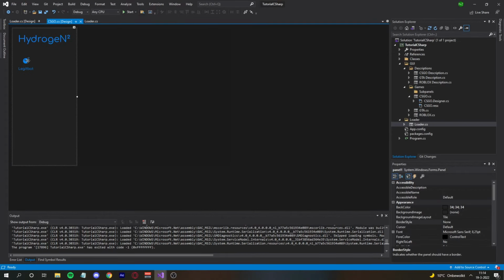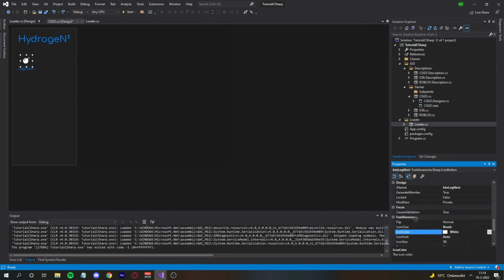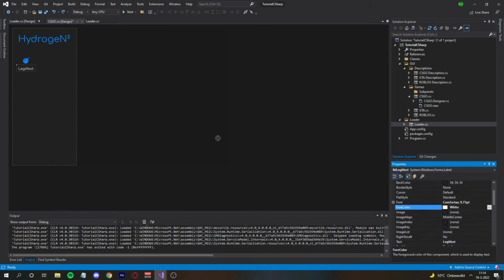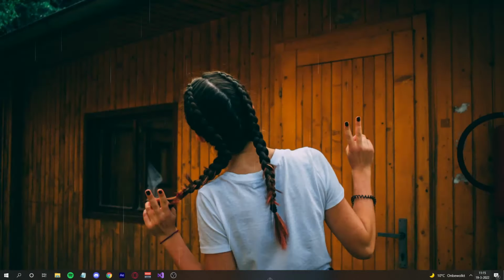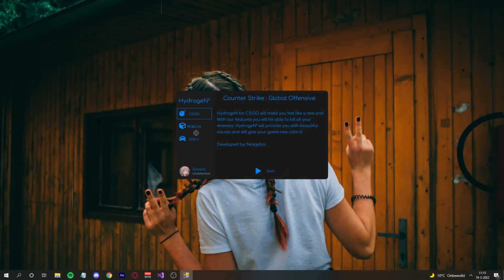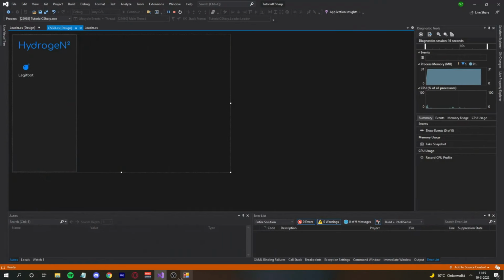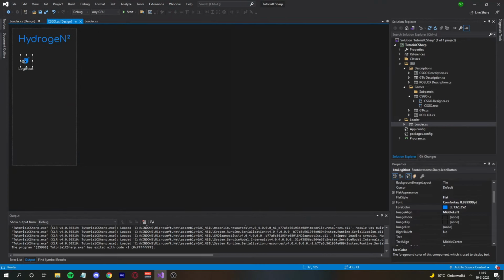So let's stop the debugging and then click this bomb. Okay, so if we change this icon color, let's see. No, I don't like this at all. Let's make this one white. Let's see what that looks like. Yeah, I think that looks kind of good. The blue with white kind of looks clean, but I think I also want my logo blue with white and... No, actually, I'm not gonna do that. You can make it the way you want it, so I'm not gonna be having a lot of impact on